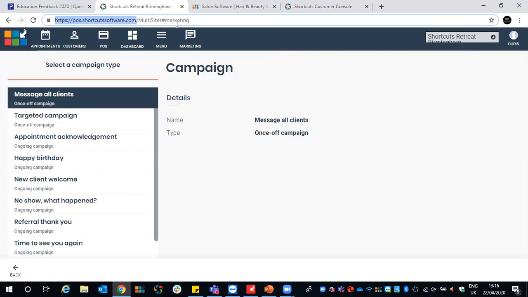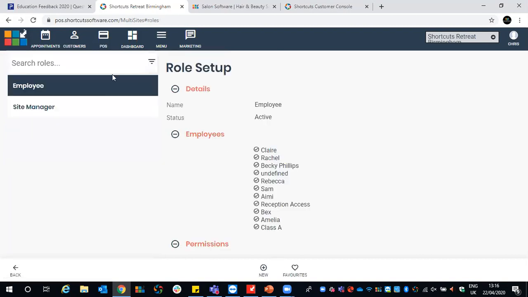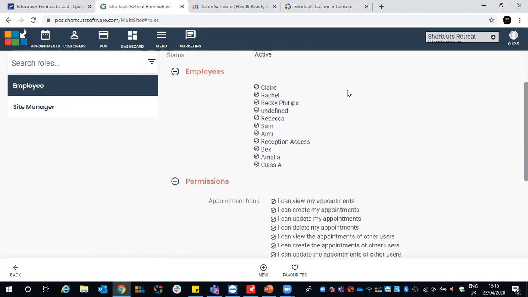So to do this, we're going to click the menu button at the top of the screen, and we're going to click General Settings. On the right-hand side, we're going to click Roles, and we're going to choose the relevant role type that we want to grant access to or restrict access to setting up marketing campaigns within the Cloud Appointment Book. So I'm going to say everyone that falls under my employee role, I don't want to have access to setting up marketing campaigns. So I click onto that role and scroll down to the bottom where it says